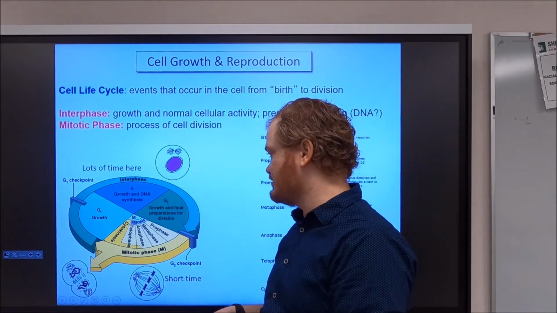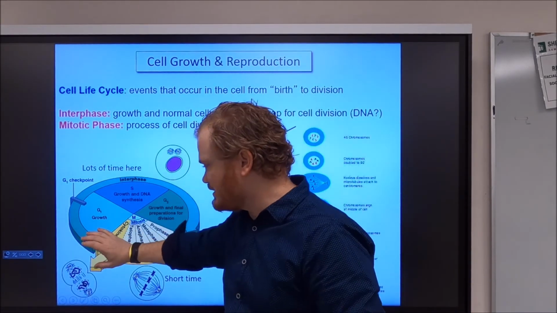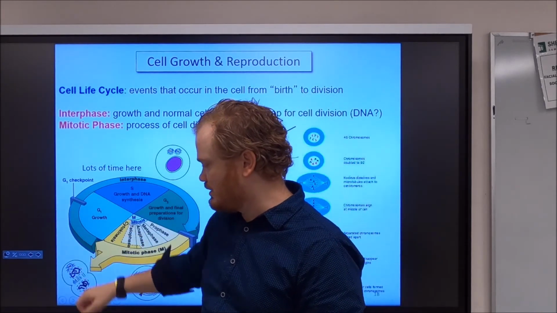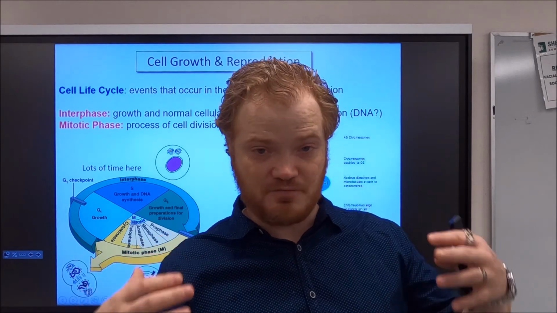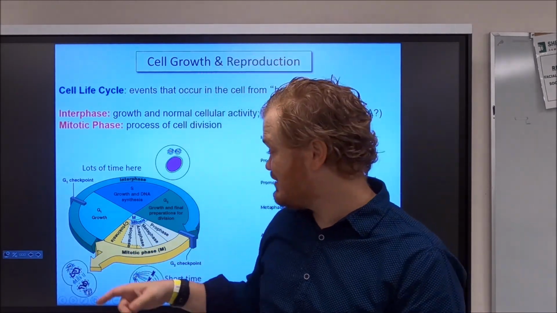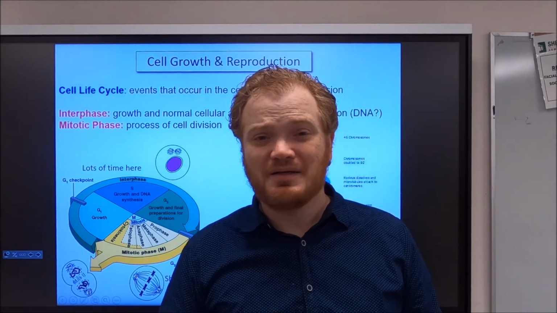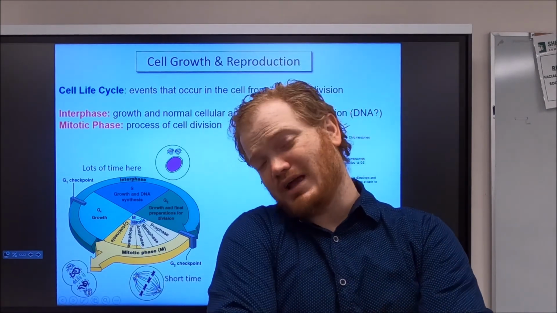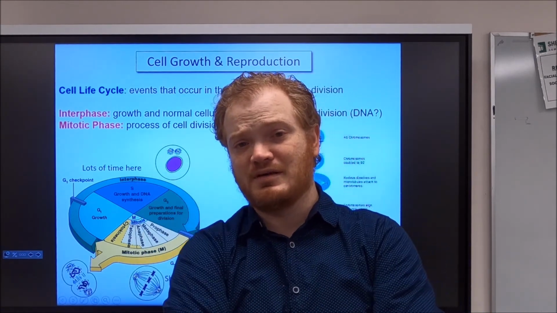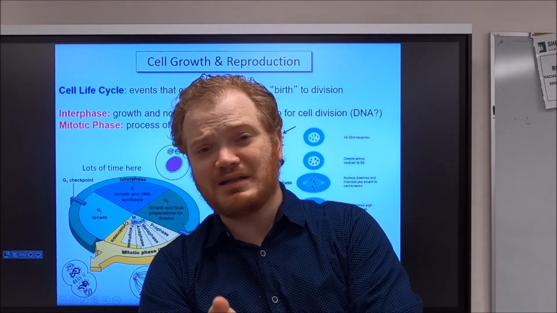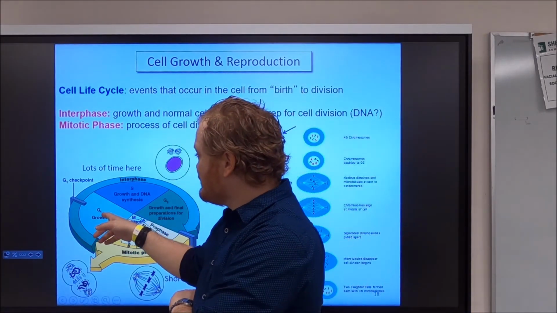So let's talk about these just a little bit. What will happen is this. A cell goes through mitosis and then it enters this G1 phase. What happens is it grows larger and it reaches a functional size, and a lot of cells just stay here. The G1 phase of interphase, that's where the cell's doing its job. If you got nerve cells that are doing what nerve cells do, they're in the G1 phase of interphase. If you got liver cells that are doing what liver cells do, they're hanging out in the G1 phase of